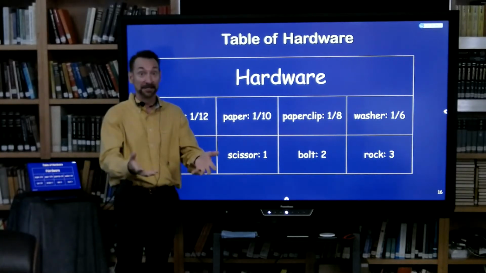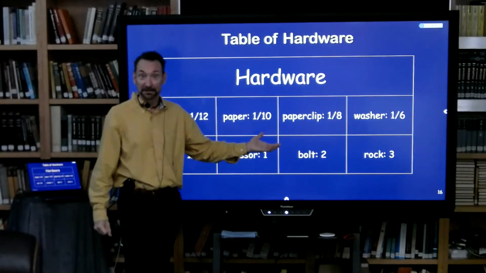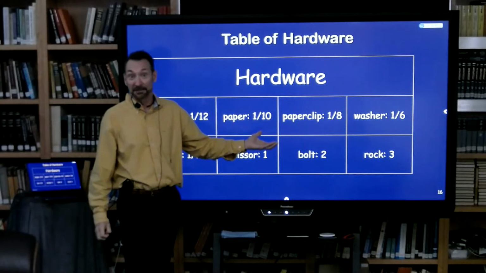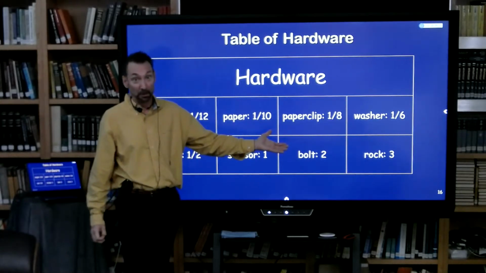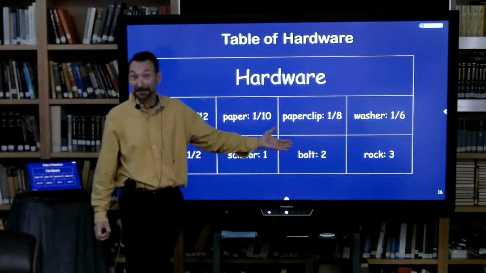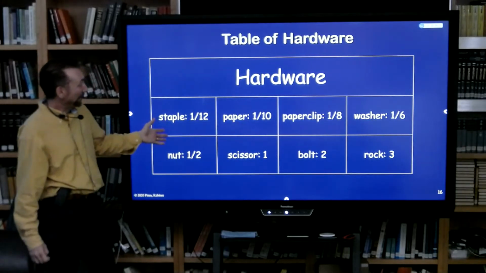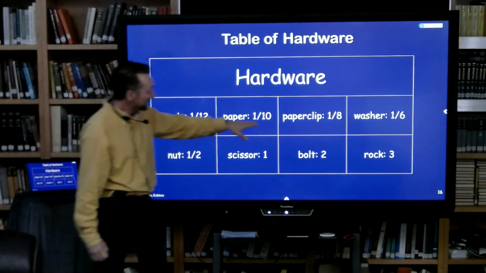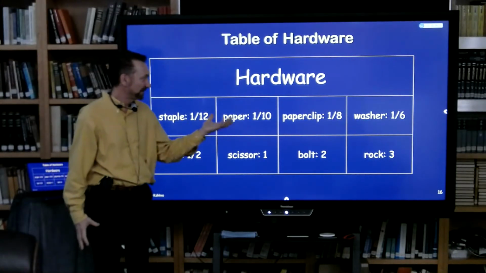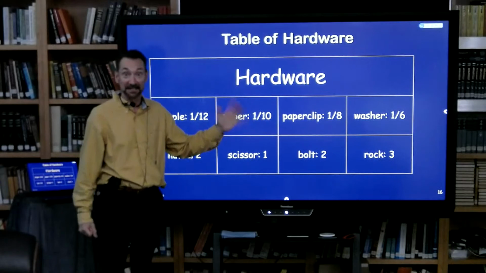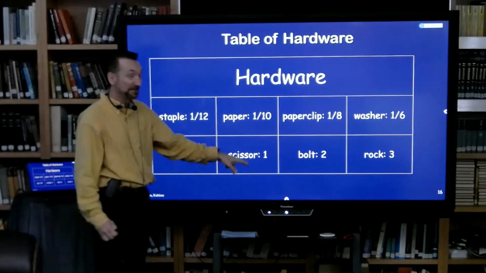So that's why I'm going through this, to say that you do the same things with atoms and molecules that you do at the hardware store. It's no different. If you go to the hardware store, you could explain the mole concept to them; they would get it, because it's just relative masses. So what does this mean? These relative masses are telling us the mass of some amount of these things, but it's not any specific amount. It's just telling them relative to each other.